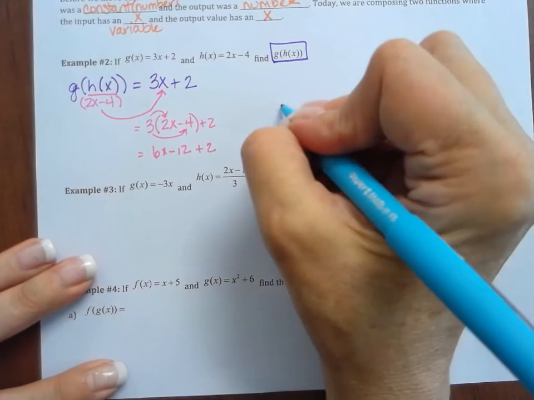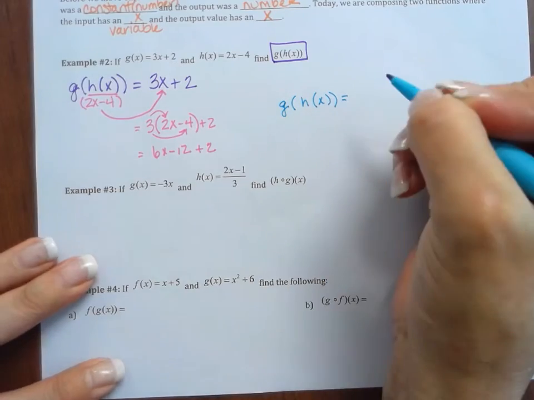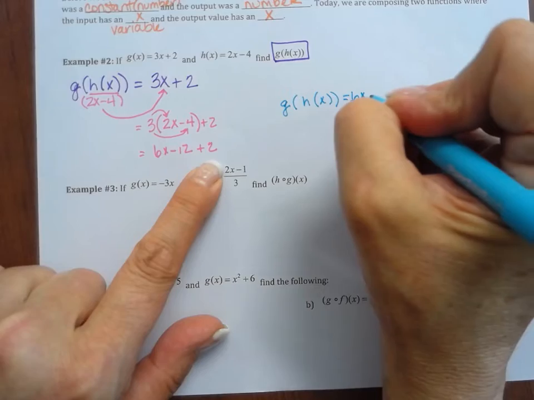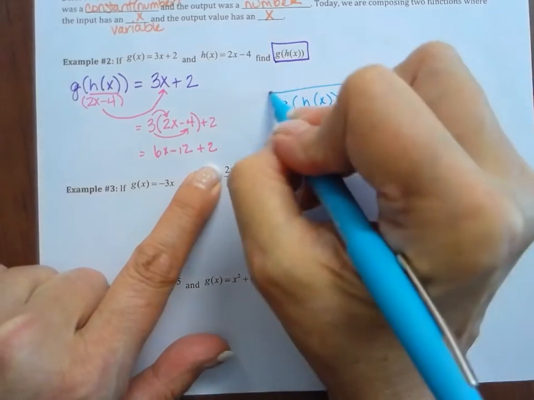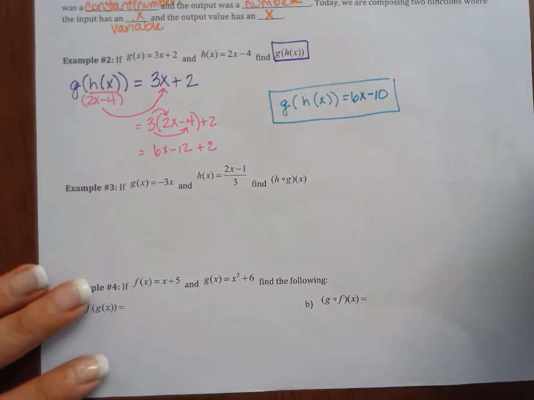So that means the g of h of x is equal to 6x, and then minus 12 plus 2 gives me minus 10. Good? Good so far? Alrighty, so